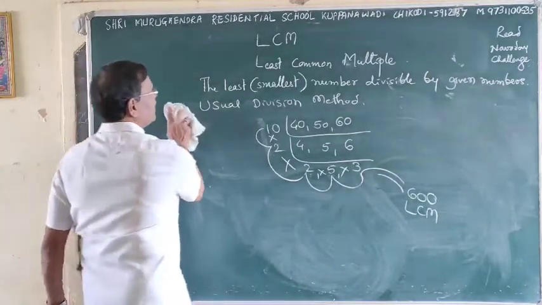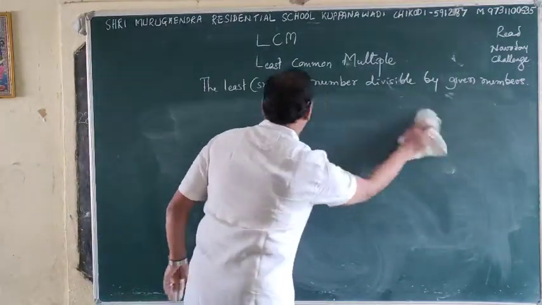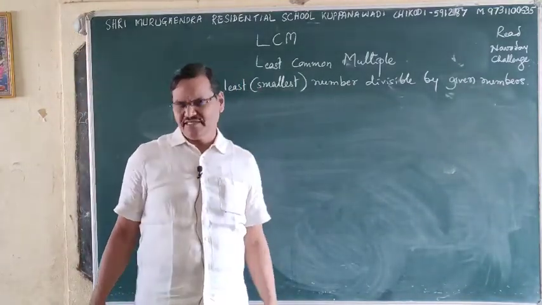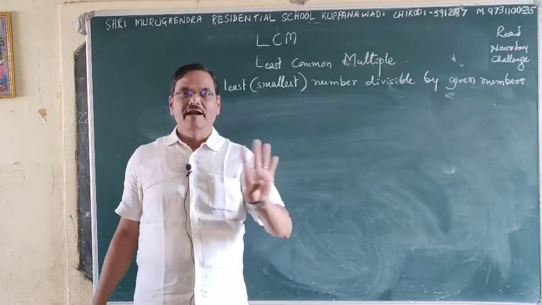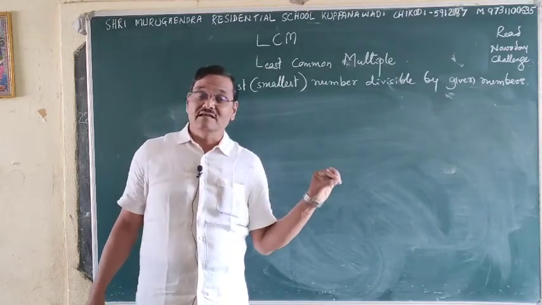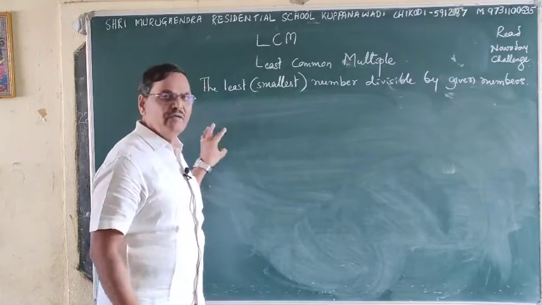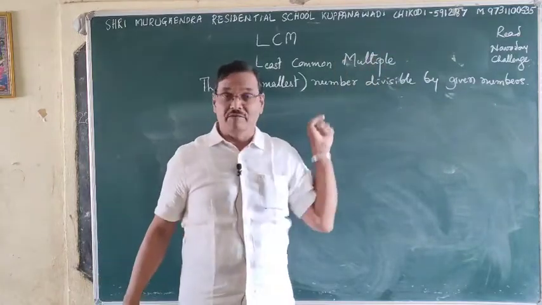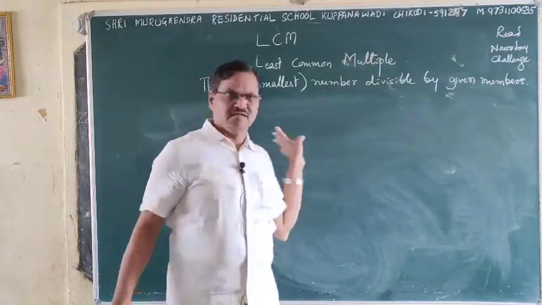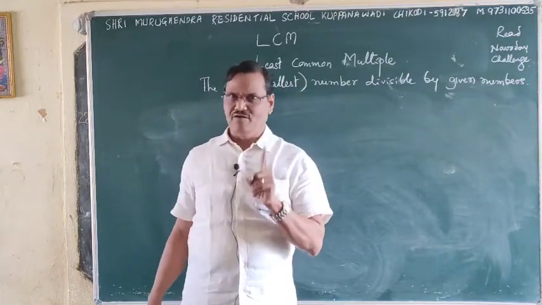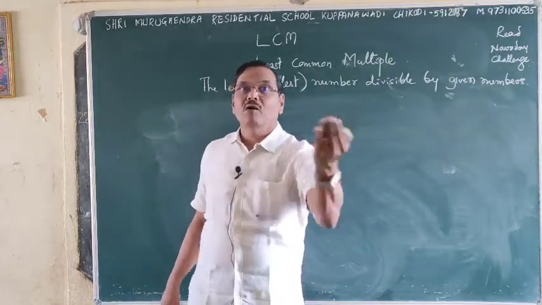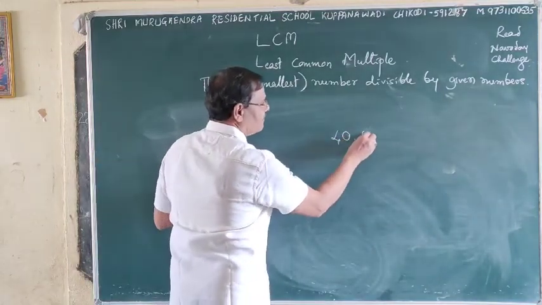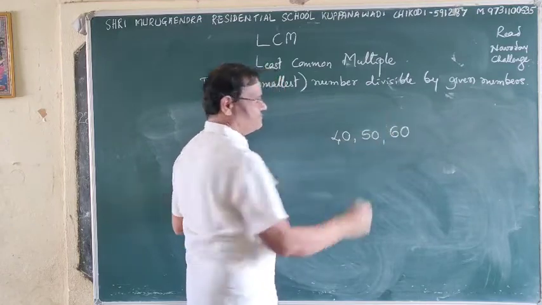Another fast method I am giving you, so that you got almost 4 methods now, isn't it? Then prime factorization method is a beautiful method, whereas if you are in a hurry and you know how this least common multiple works, then you go for the usual division method. Okay. Now we can go for mouth calculation also. That is, see, 40, 50 and 60.